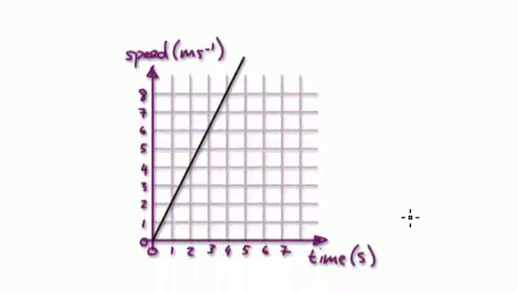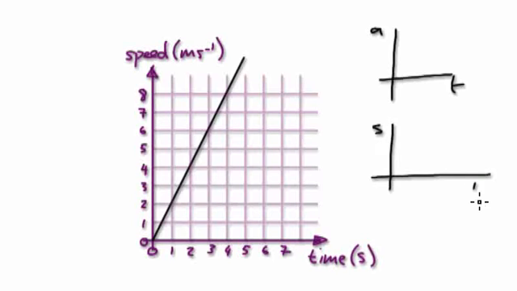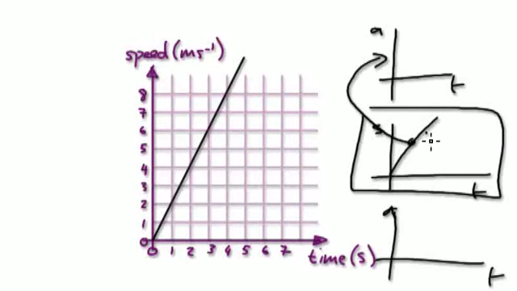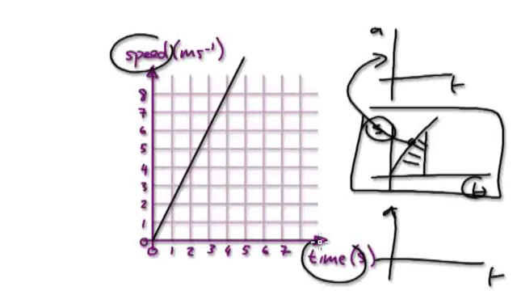When you're given a speed time graph like this one, remember, acceleration time graph, speed time graph, distance time graph. When you're given this speed time graph, the gradient represents the acceleration. The area underneath the speed time graph represents the distance traveled. So when you're given a speed time graph, sometimes you might want to know the distance